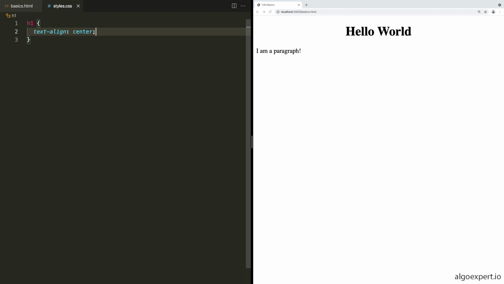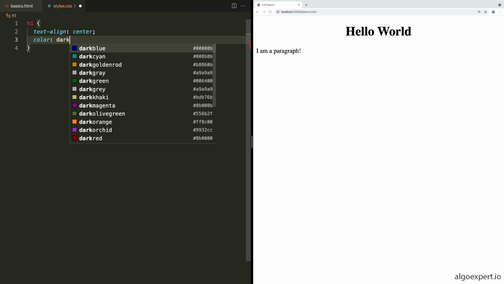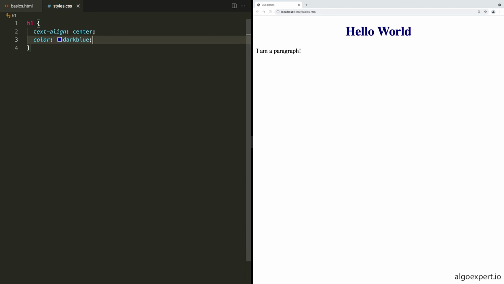But I also might want to change its color. The black text is a little bit boring, so let's say color, which sets the font color. And let's make this a dark blue. Save that, and you can see now we have dark blue text. There are lots of different colors we can use here by name, and you can enter colors in a few different formats, and we'll see all of that in the video on units, but for now,